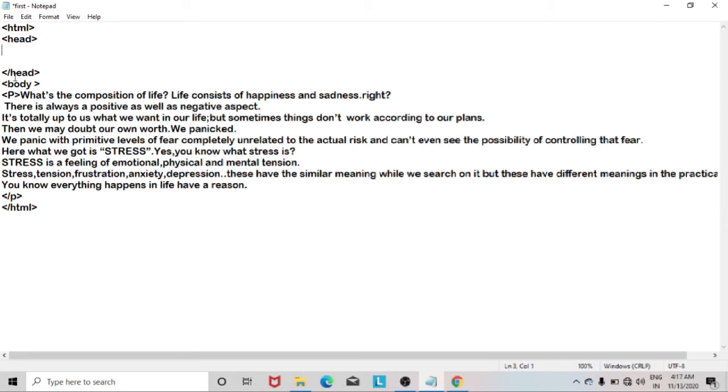But suppose we have a bunch of HTML documents, more than one file, say five or six HTML files. If that is the case, every time you have to write a style tag and write everything, or use inline CSS, and for each page you have to write all those changes. Suppose I'm discussing Facebook. After you enter your password and login, you go to the website and you will see some changes. Blue color appears when you write your credentials, and when you go to the website, blue color appears there too. So think about that. If you use inline CSS for both pages, you have to mention those changes in every page.